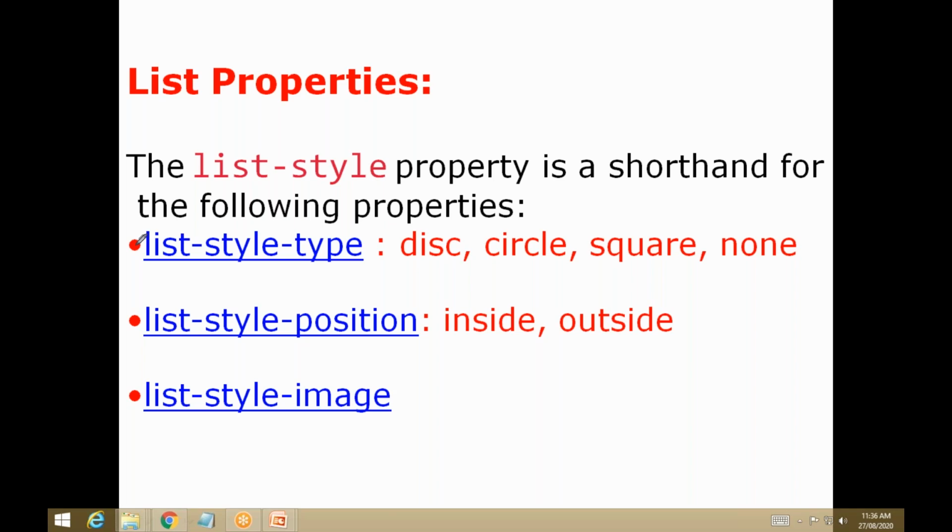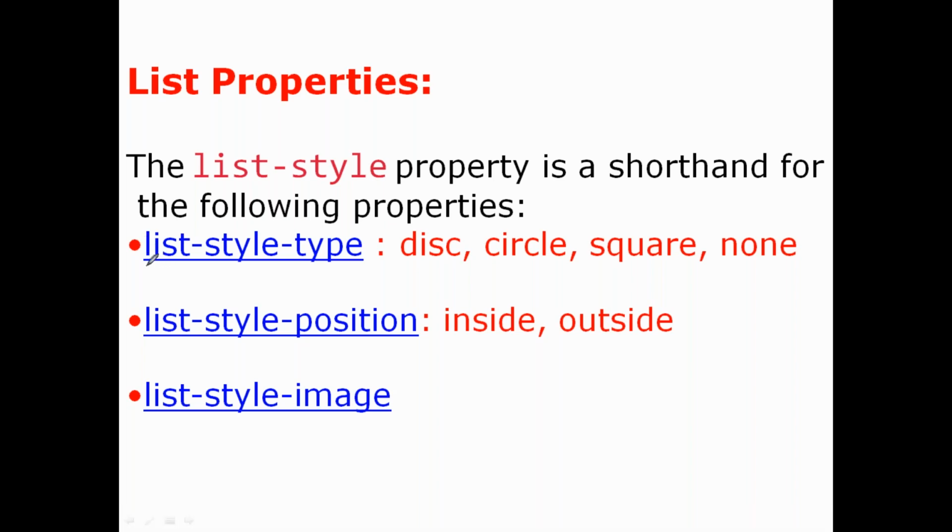How do you give the disk in CSS? You just have to use the list style property, and then you can give it like this. It may be circle, disk, or square. You can also give alphabet, lowercase, uppercase, or Roman numbers. Where? In list style type, this one type of property of the list.